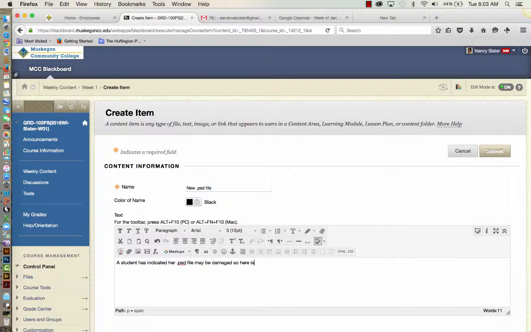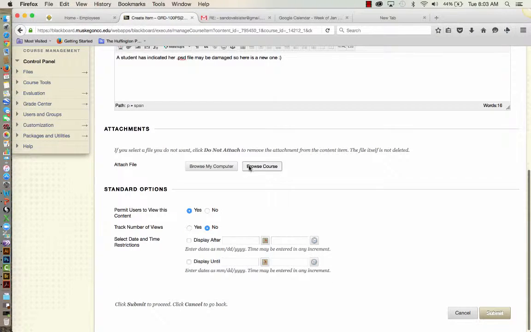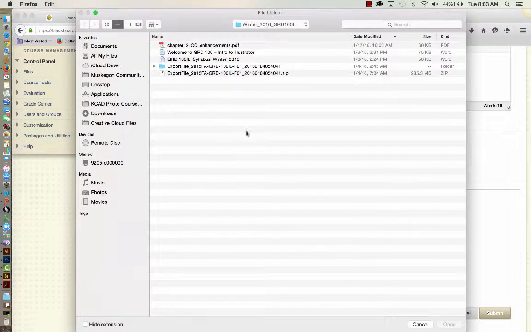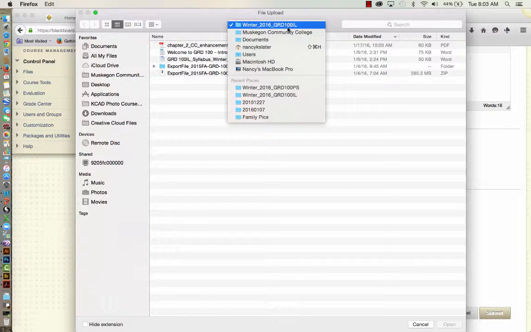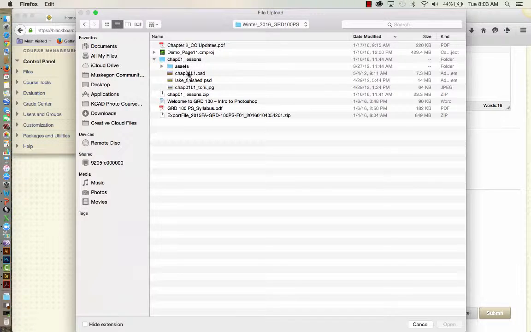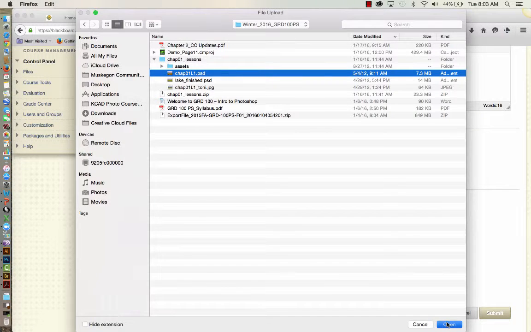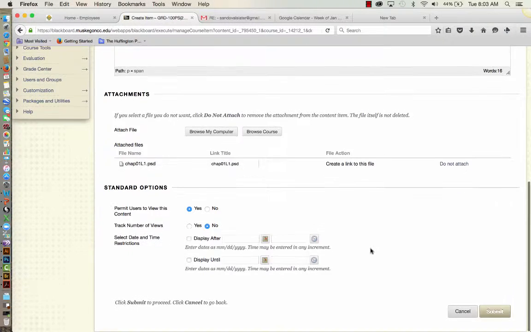So here is a new one. All right, and then I am going to browse my computer. I'm going to navigate out to where I have my data files, and then I'm going to submit. Now try downloading that and see if